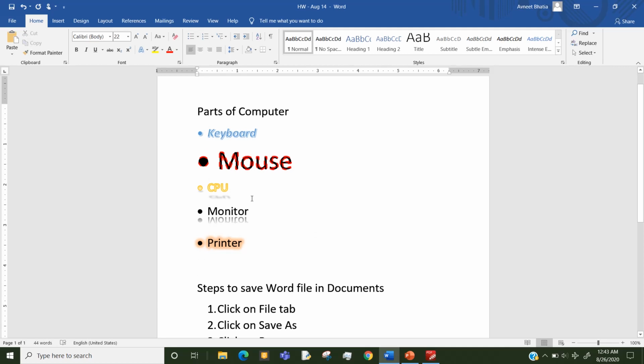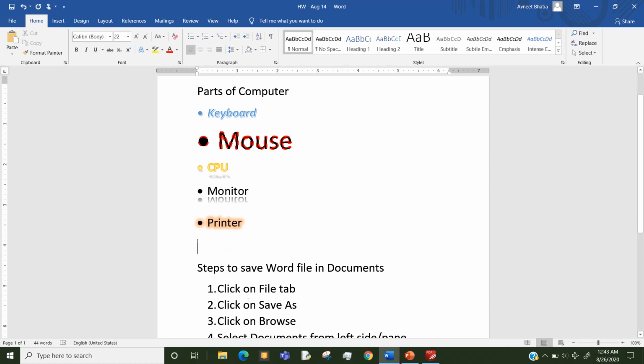Now if I feel that yes, my formatting is looking very nice and I want to apply it to my other text as well, which is there in my document. So like if I decide that I want to apply this formatting which is on my keyboard, I want to apply it on this.